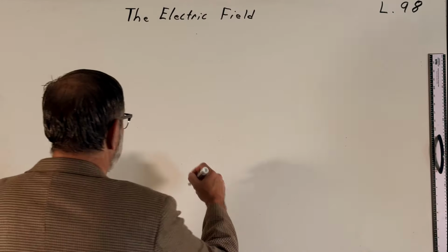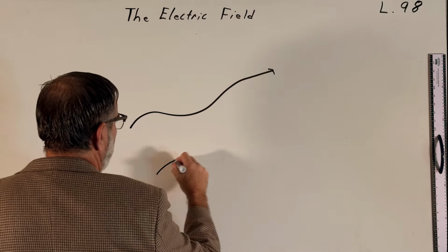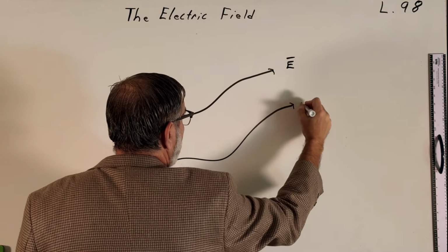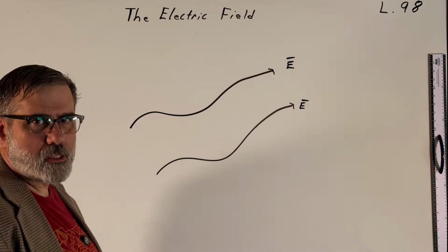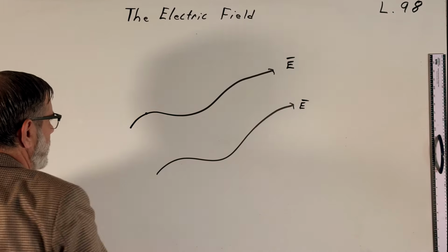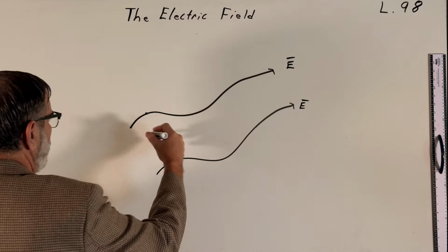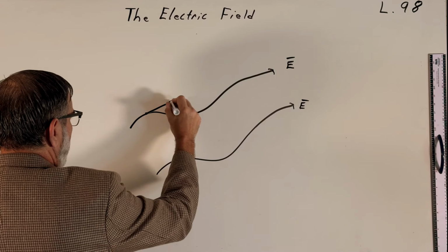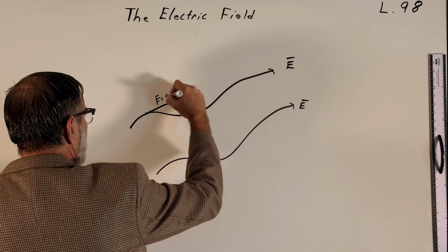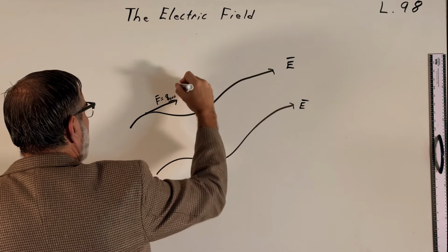So let me just draw a sample field line. What might an electric field line look like? We'll find ways to write them, and we'll talk about electric field lines and how we characterize them in space later, but let me show you what we can do with them for dynamic purposes. If I pick a point like this and say, here's my test charge, I'm going to put my test charge down right here. All I need to know is the value of the field, and there will be a force, which is just Q test times the value of the electric field